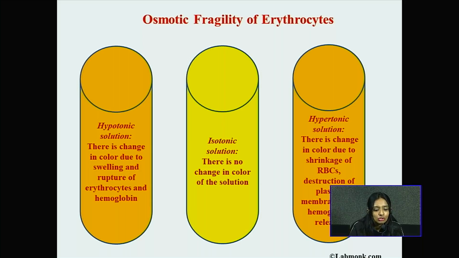Then just focus on this hypotonic solution. We put RBCs in the hypotonic solution, and there is a change in the color because water tends to go inside the cell. Water tends to go inside the cell because of osmosis, because the net movement of water will be in the direction of the solute concentration. So water will move inside the cell, and when water moves inside, the cells will swell up and they will tend to rupture easily. So that will change the color of the solution.